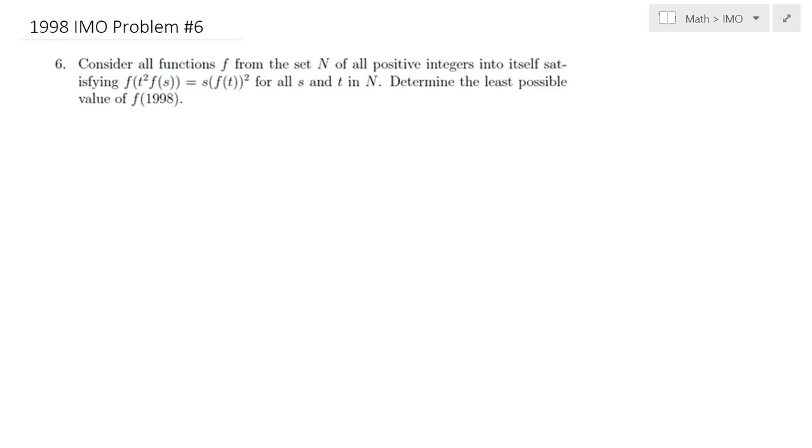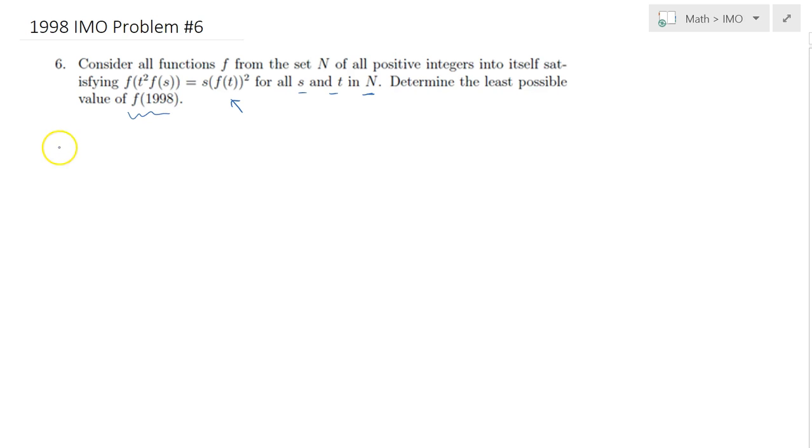Hello everybody, in this lecture we will be solving 1998 IMO problem number 6. Here is a view of this problem. Consider all functions f from the set of all positive integers into itself, satisfying the following functional equation for all s and t in the set of positive integers. Determine the least possible value for f of